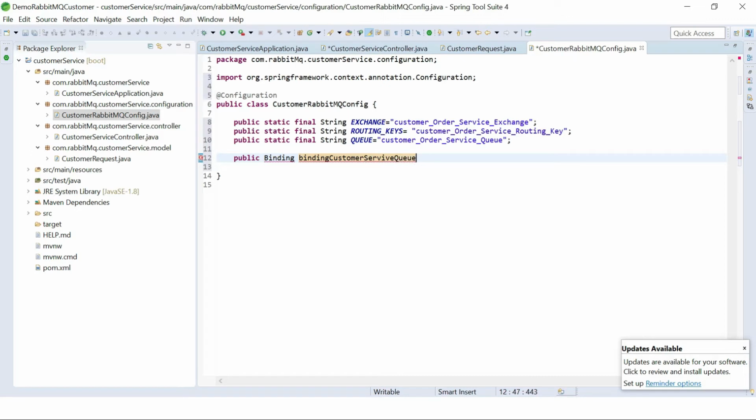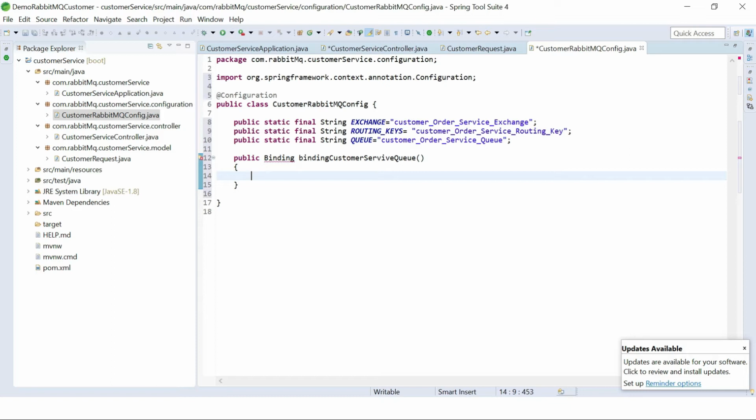We need to bind because, as you all know, how will our service know that it needs to send the message to this exchange or this queue? For that we need to bind.